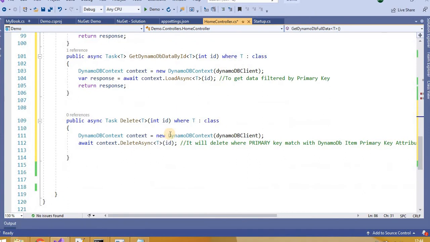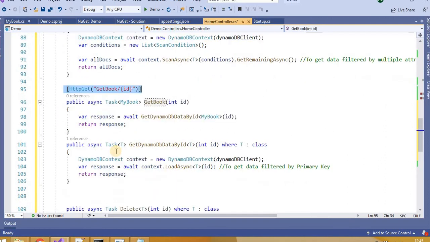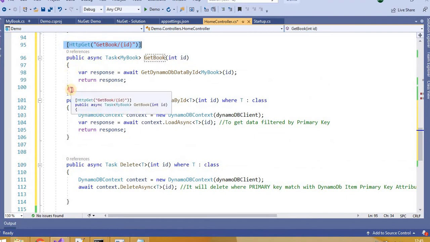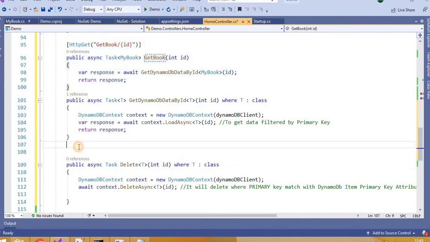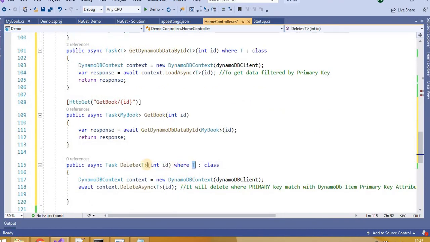Then for delete, we are doing the same thing as for LoadAsync, but instead of calling LoadAsync, we are calling DeleteAsync. For DeleteAsync we need a separate method, because we can't pass the T object directly, right?